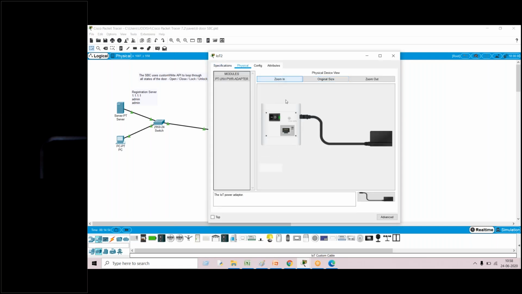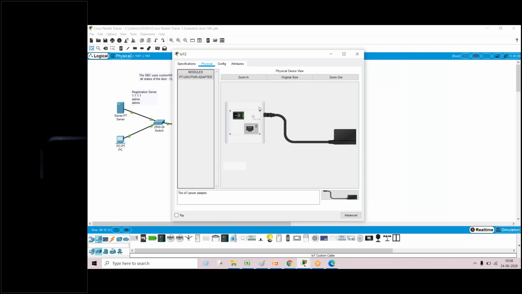Green color means the door is on. If it is not, there will be a problem. You can control this by clicking the on and off button.